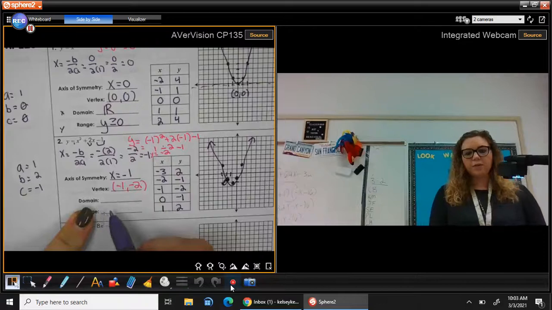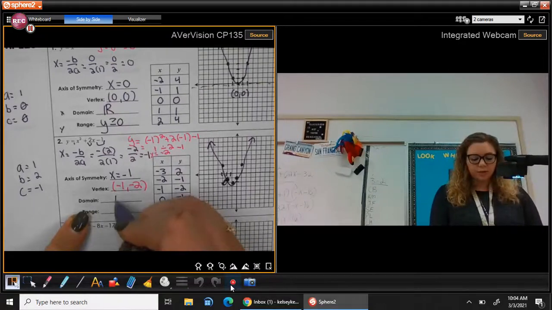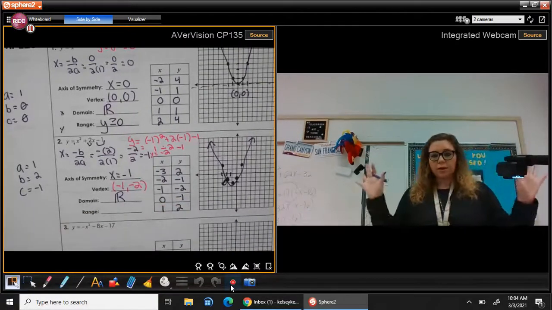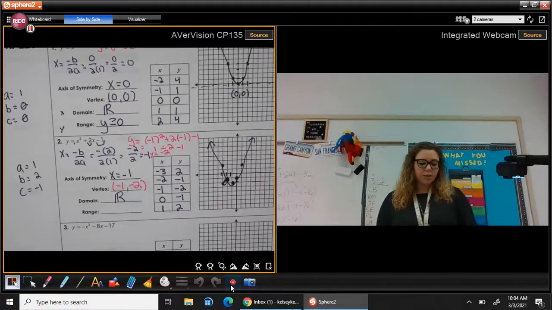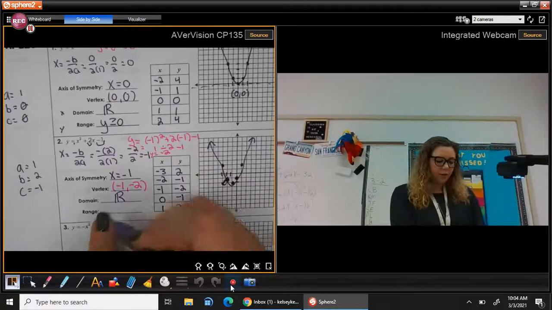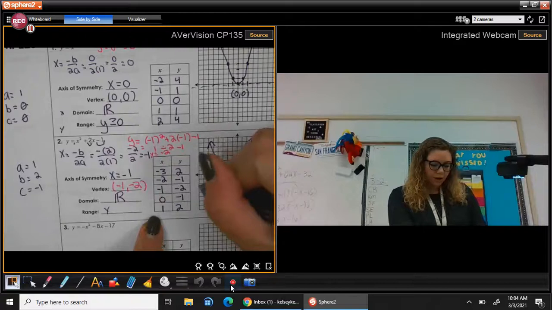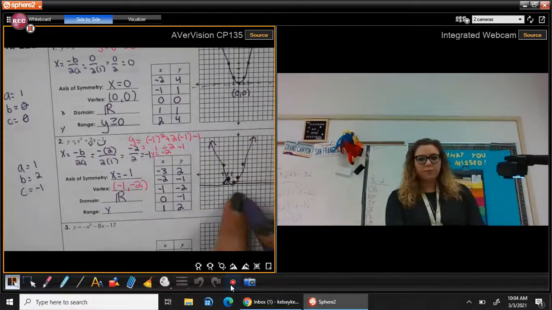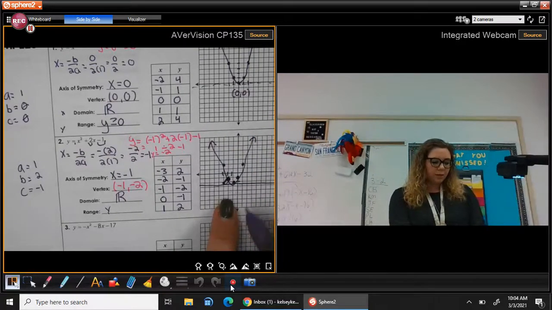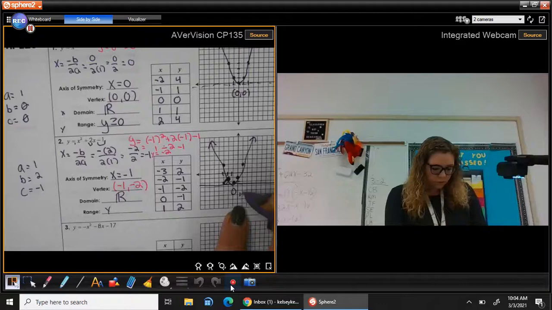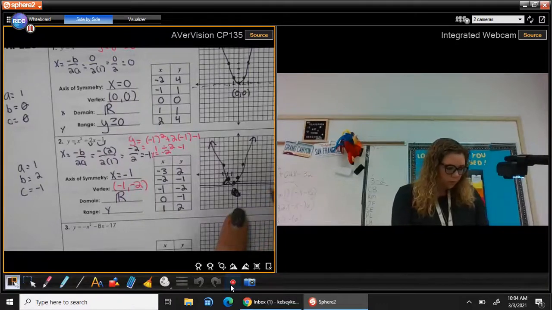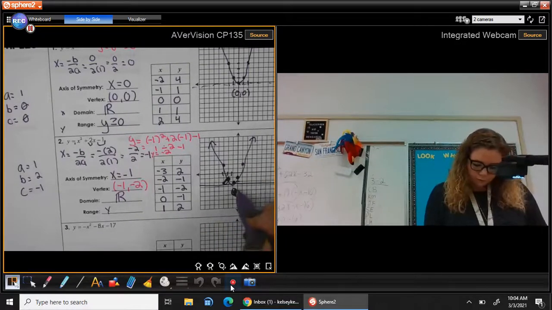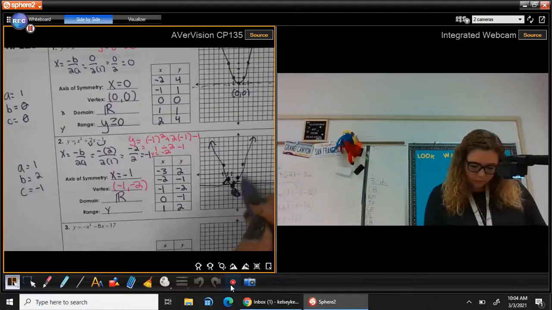So your domain for quadratics is always real numbers because your x values are always going to keep going. Your range is how low is it. So all your y values have to be above this point right here. Okay, and this point is 0, negative 2. Hold on. 1,